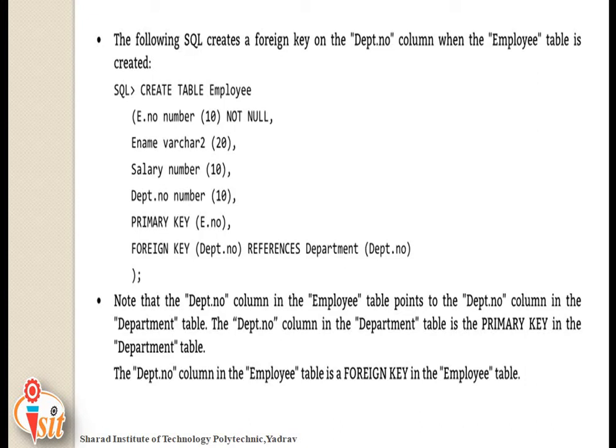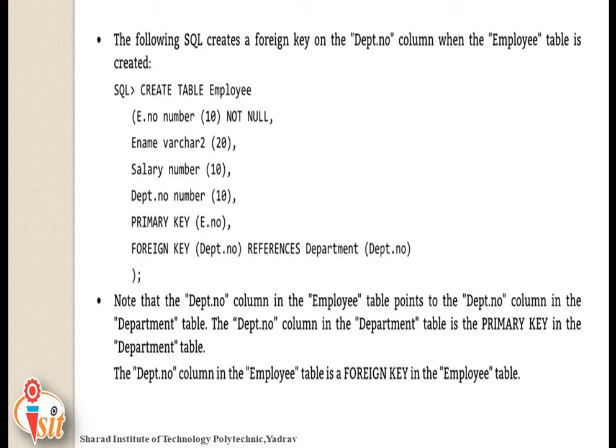Then how to create that SQL foreign key? Here an example is given: SQL create table employee, with various attributes like employee number, employee name, salary, then department number.